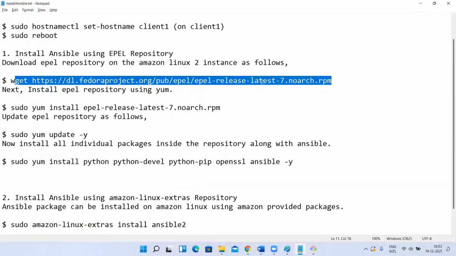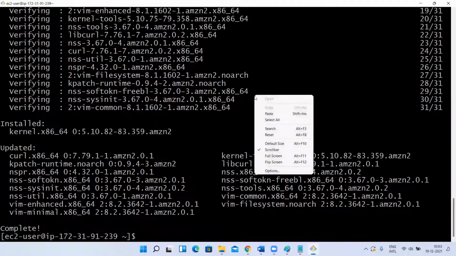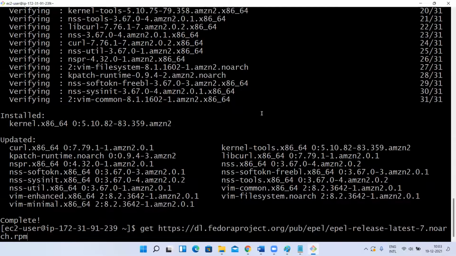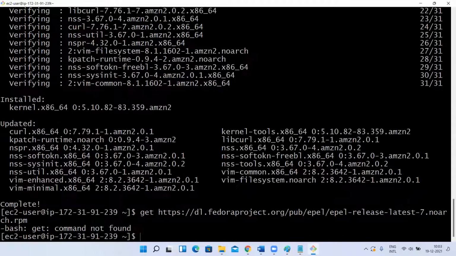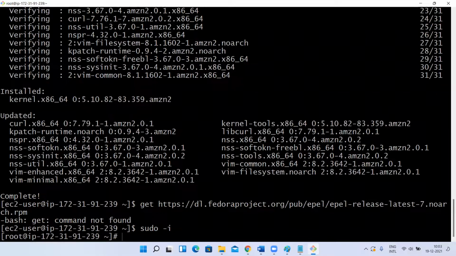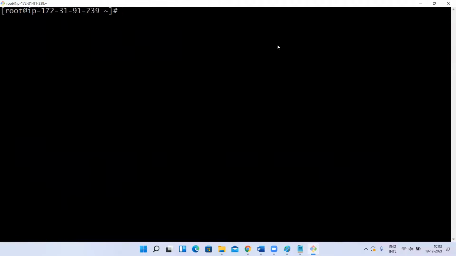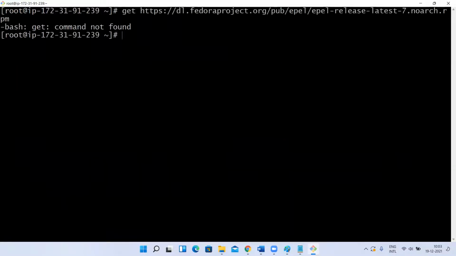download that. Let me use the root user here. Okay.